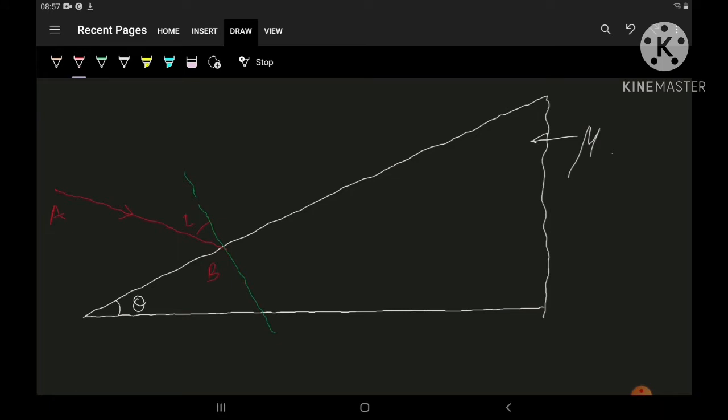When this light ray AB is made incident on the upper surface of the film, then it gets partially reflected and partially refracted. Suppose here BC and BD are the reflected and the refracted rays respectively. Then obviously this angle will be same as the angle of incidence, and here R is the angle of refraction. Now when this light ray BD is made incident on the lower surface, then obviously it gets reflected from the lower surface also.